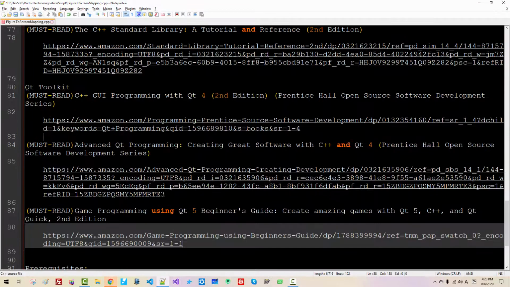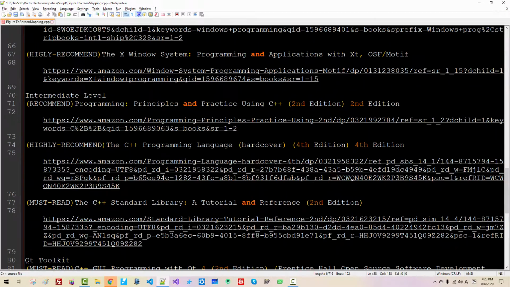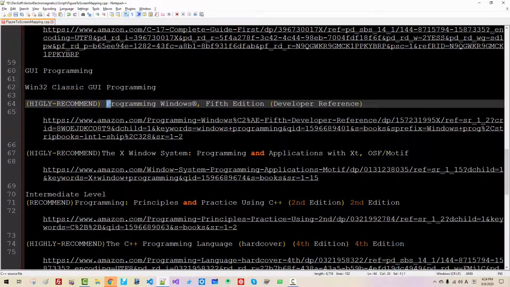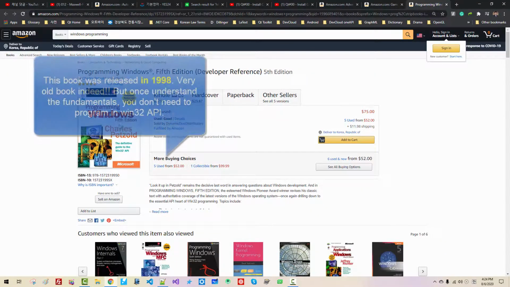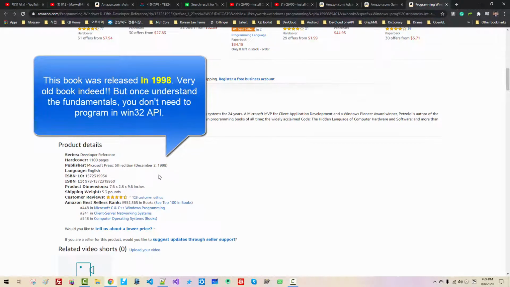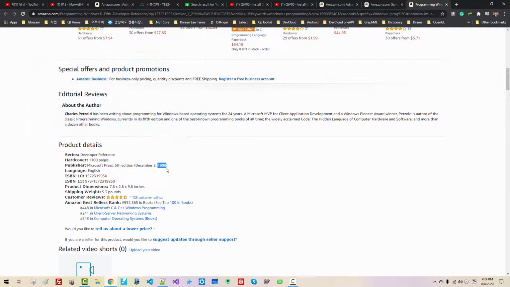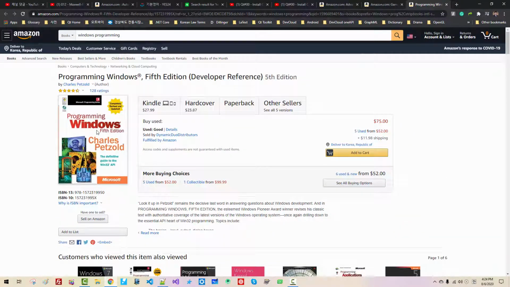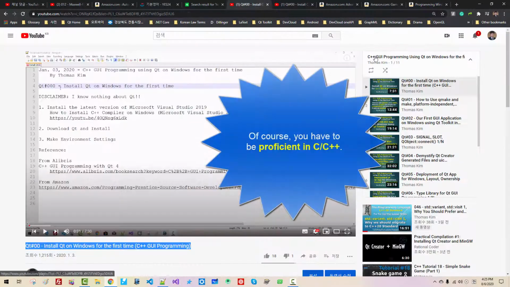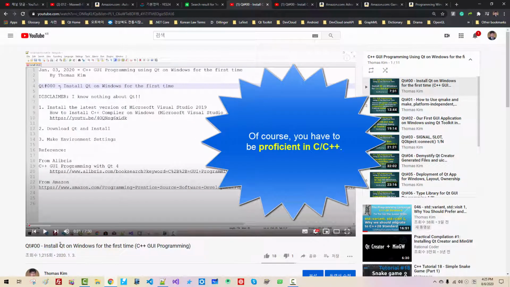If you think you are slow like me, then I would recommend Windows Programming 5th edition, this book. This book is very old. This book was released in 1994. So this book is very old. However, if you invest from 3 months up to 6 months and play some time with the Windows programming, you will easily understand Qt